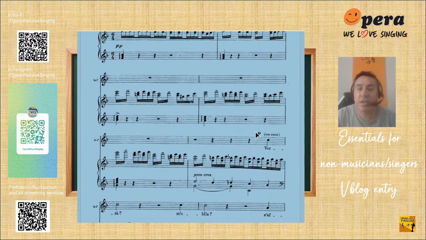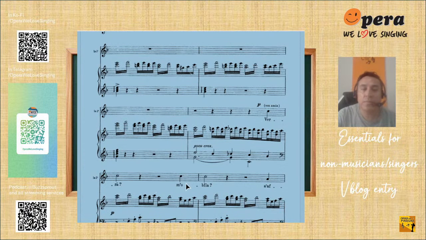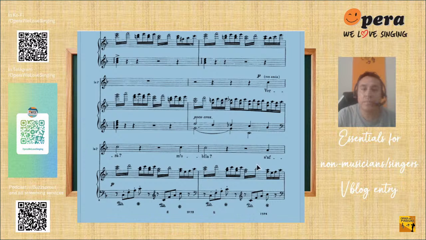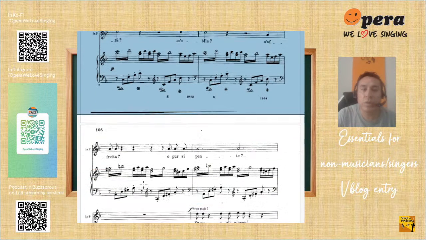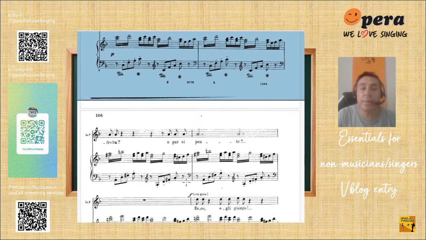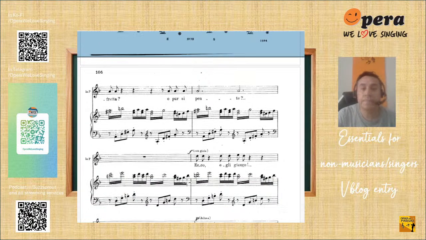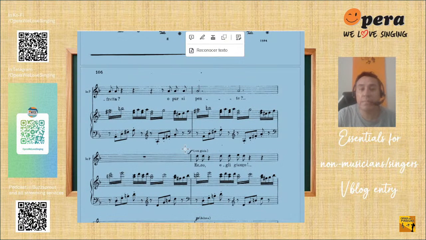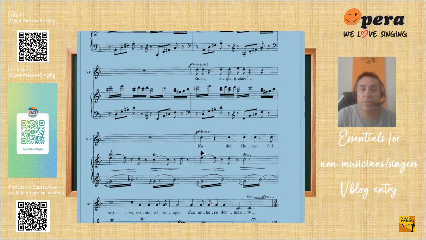And now the singer goes for a piano, oppure si pente, goes for a forte here, lower volume, piano,